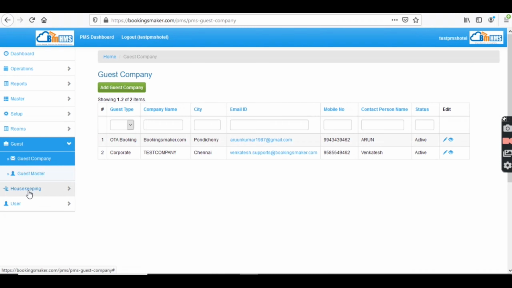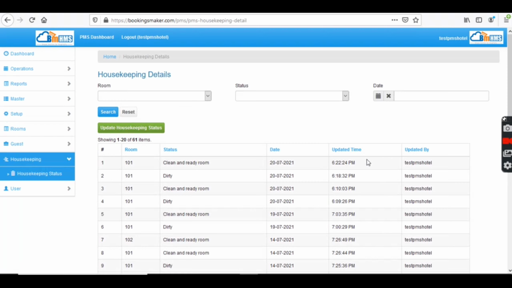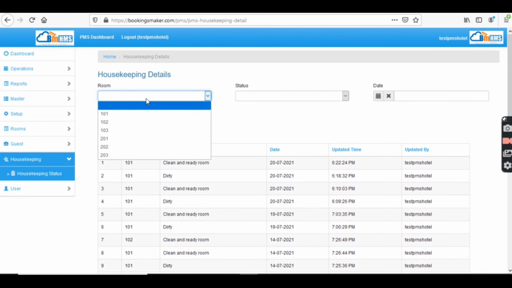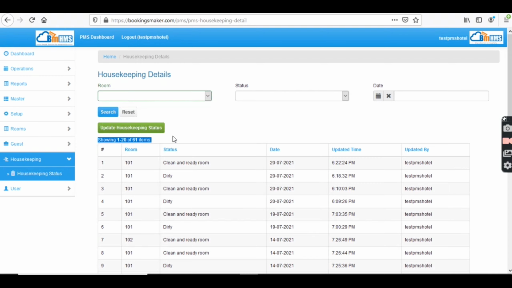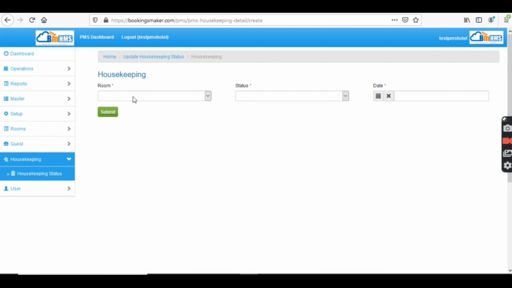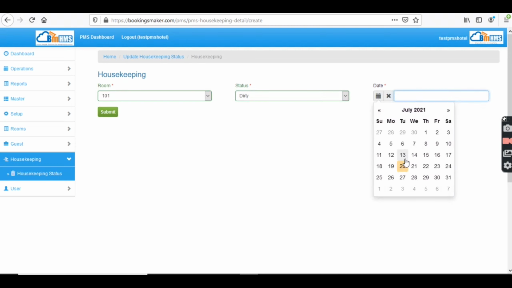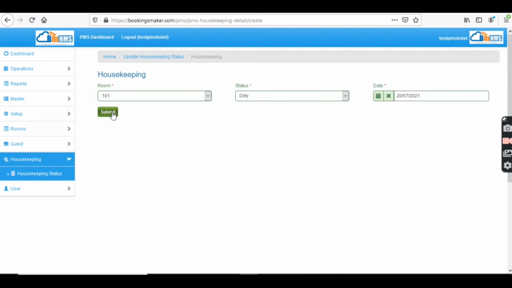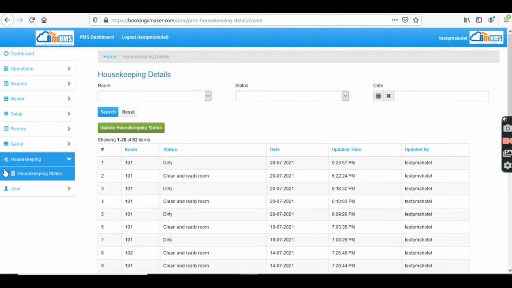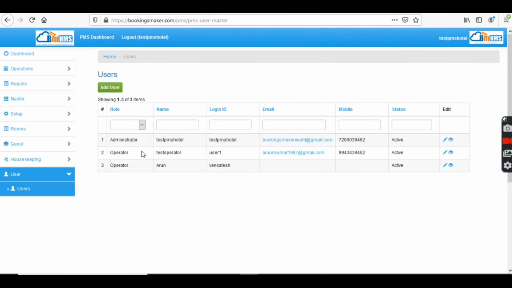And housekeeping calendar, in housekeeping you can check the status, which recent activities happened, and the dirty room, clean room, and you can change the status anytime here, making it dirty or a maintenance block. So you can update all your housekeeping needs by clicking the room number and status of the room, dirty room. If you want to make it dirty, you can select dirty, and if you want to clean the room, select clean. So for 101, if you select dirty, it will become a dirty room in the calendar. And user, you can create the user yourself.